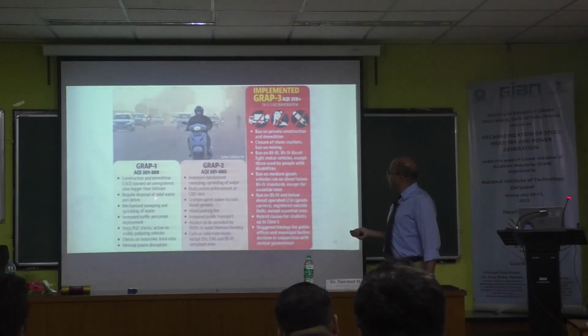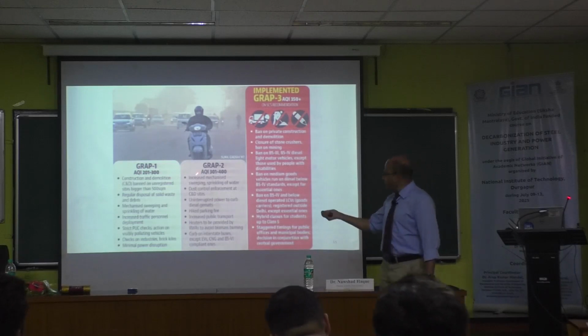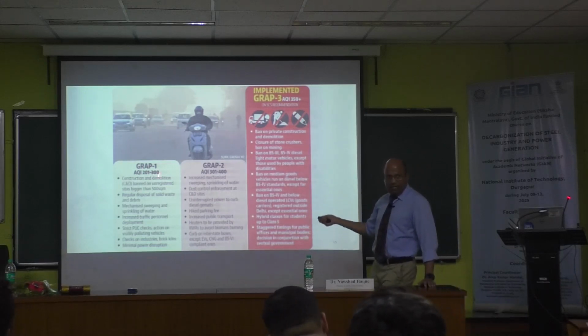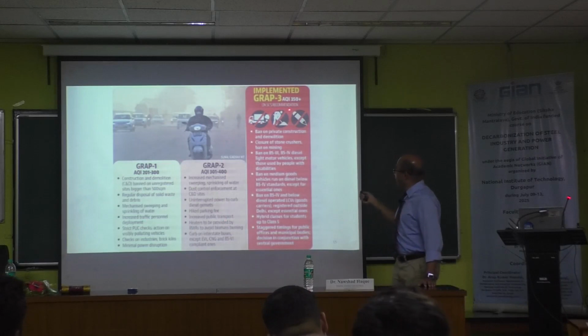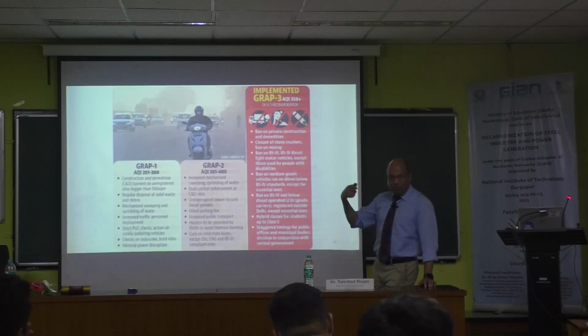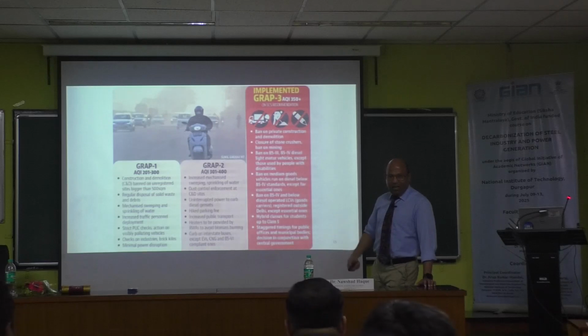And I don't know what they call that, can anyone say? Graded Response Action Plan, that's right. So if it is a certain AQI, what do you do? Stage 1, stage 2, stage 3. If the AQI is 350 plus, you cannot do a lot of things, right? You cannot drive a car and this and that. Now I know the Delhi government is introducing EVs, electric vehicles. I have been to many cities in the world. I don't know how many airports I've taken in my life and how many hotels I stayed in.